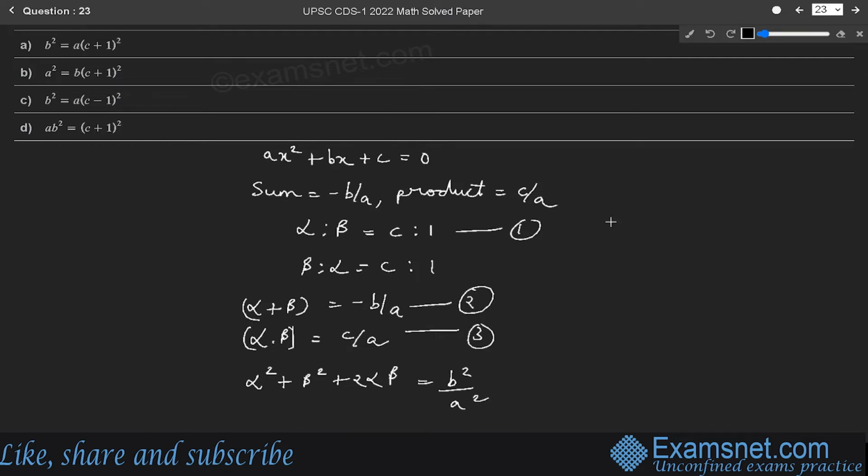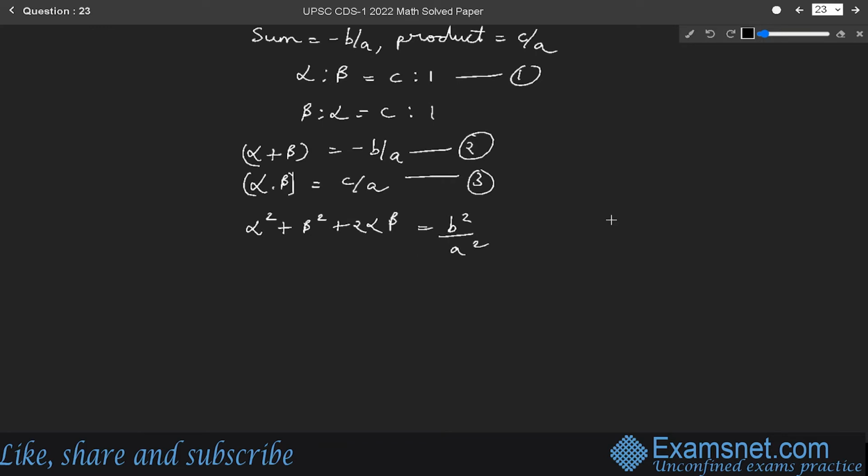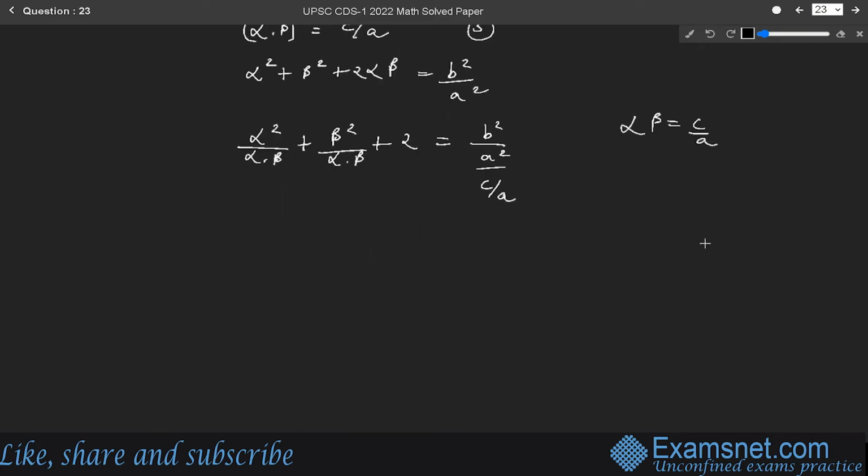Now dividing the above equation by alpha into beta, we will get alpha square upon alpha into beta plus beta square upon alpha into beta plus 2 is equals to b square upon a square by c upon a. We know that the value of alpha into beta is also c upon a because they are the product of the roots. So on further solving, it can be written as